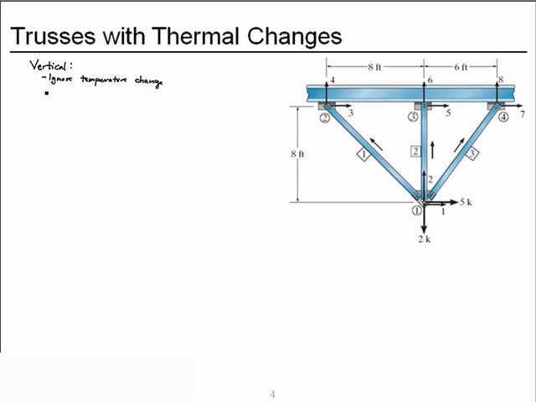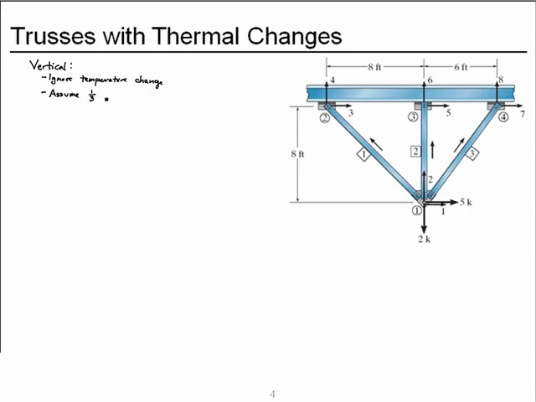Until we're done with our superposition, and then we'll address that. So we have just the 2 kips downward load, and so I'm going to assume that roughly 1/3 goes into each of the members. However, if I assume exactly 1/3 goes into each of them, the horizontal components won't provide equilibrium anymore. So I'm going to stick to just this vertical member since it has no horizontal component, and I'm going to say that